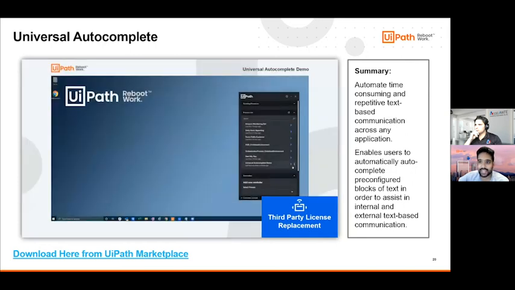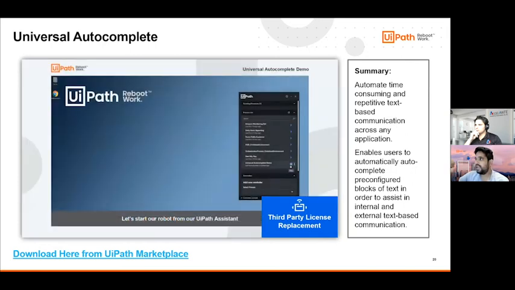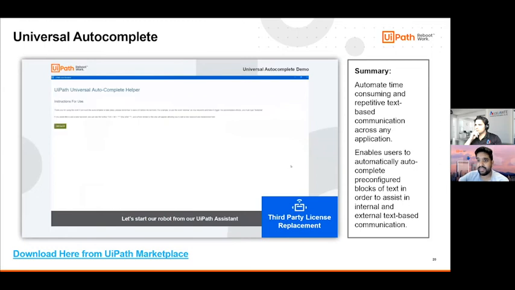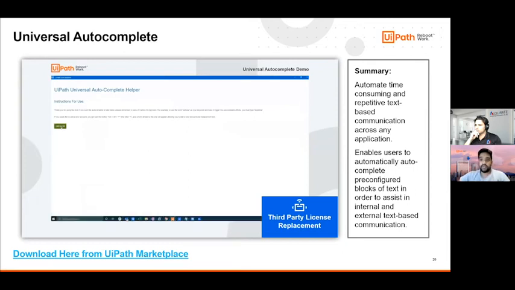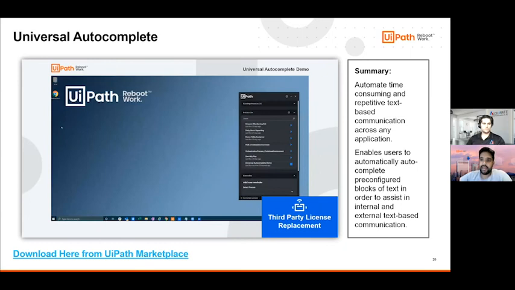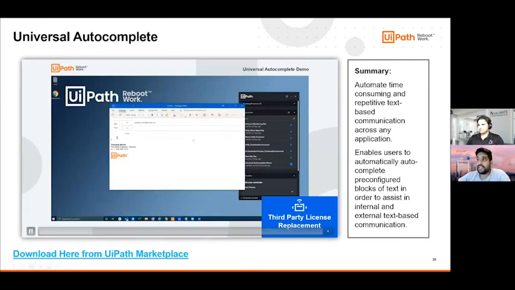lingo or language that they like using. If you want to standardize different responses or things like that, the universal autocomplete functionality allows you to do that. You can set up different keystrokes for individual users and automatically have a specific response be set up. And so if you're completing reports or sending out a large amount of emails, this autocomplete functionality can really help